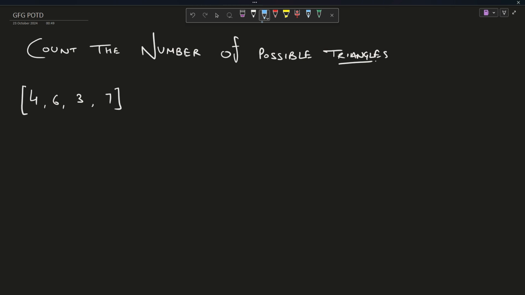So today's problem is count the number of possible triangles. It is a very good problem. Even I had to solve it a few times to get the answer. So please pay attention, right? Okay. It says that you have an array